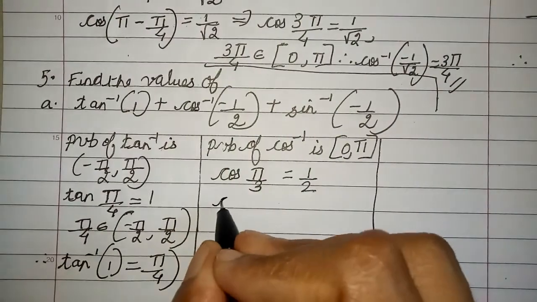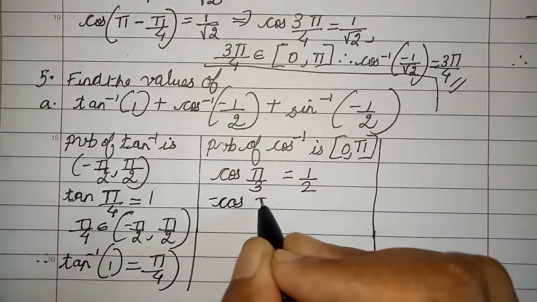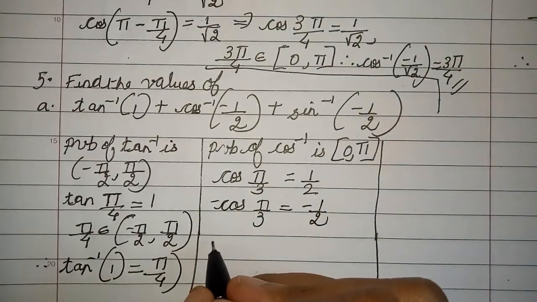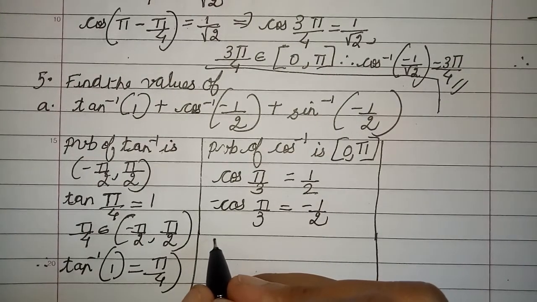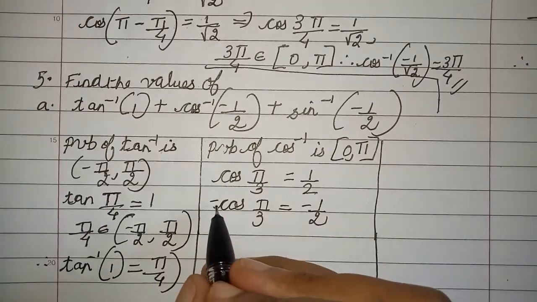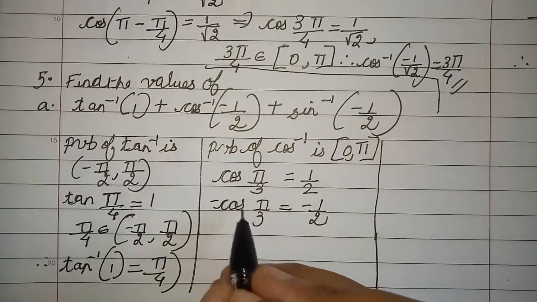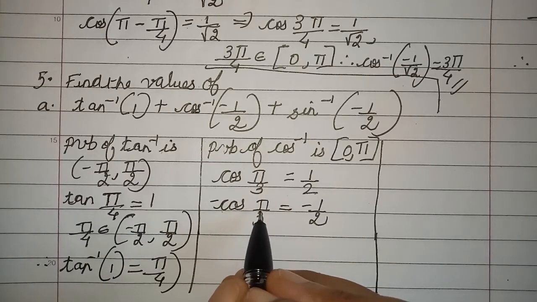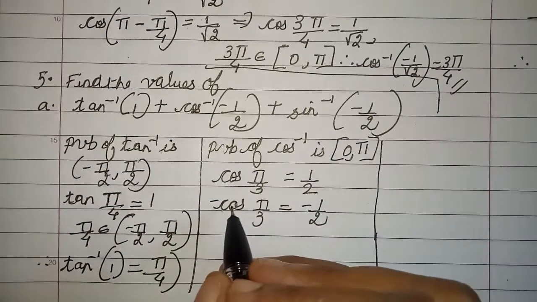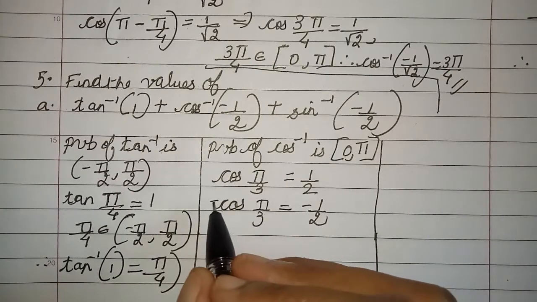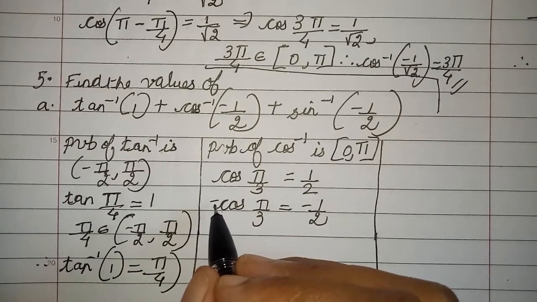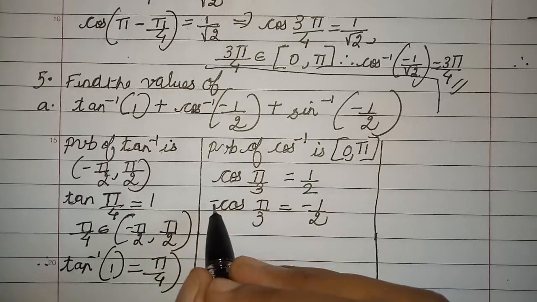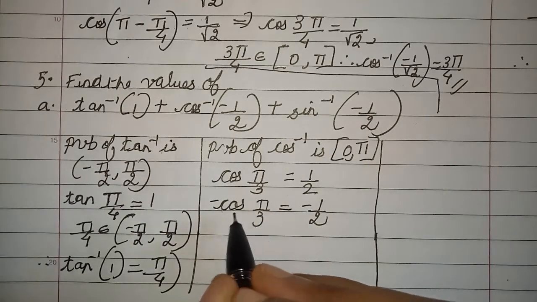So multiply by a minus sign on both sides of the equation. Cos is an even function. So the minus sign will create a problem, because cos of minus x is the same as cos of x, but the range here is positive. Minus sign is creating difficulty because cos is not an odd function, it is an even function. Otherwise I could have taken it as minus pi by 3 if it was sine.